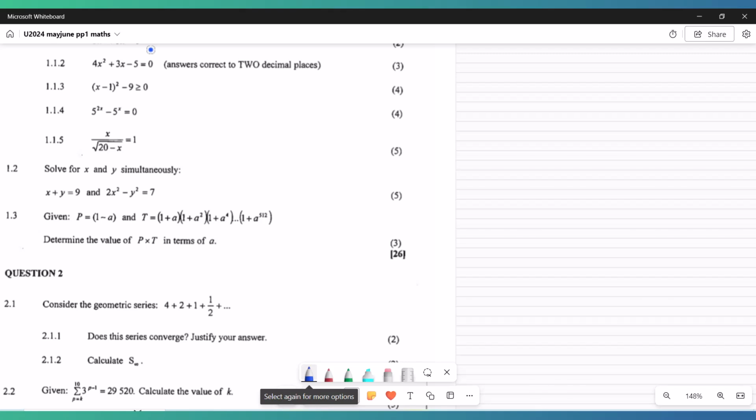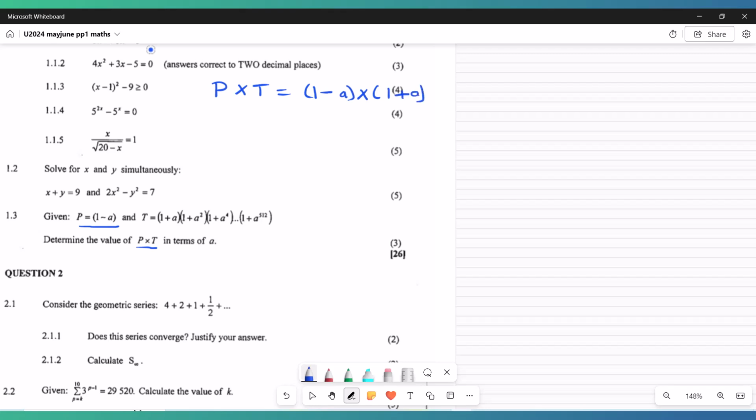Question 1.3. Given p equals 1 minus a, that's our p, and t equals 1 plus a, then 1 plus a squared, 1 plus a to the power 4, then dot dot, 1 plus a to the power 512. Then they say we should find out p times t in terms of a. Now p times t in terms of a, we're going to say that our p times t equals p, but the p is 1 minus a. Okay, what about times t? Now the t, we have 1 plus a,